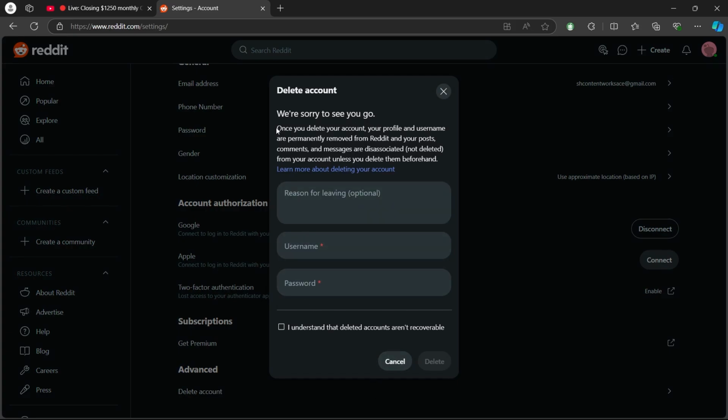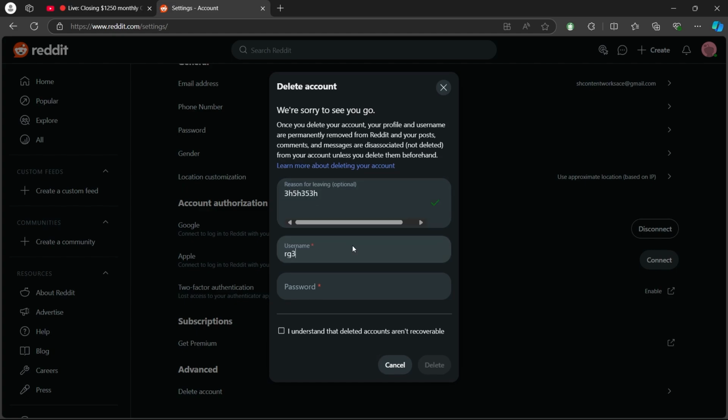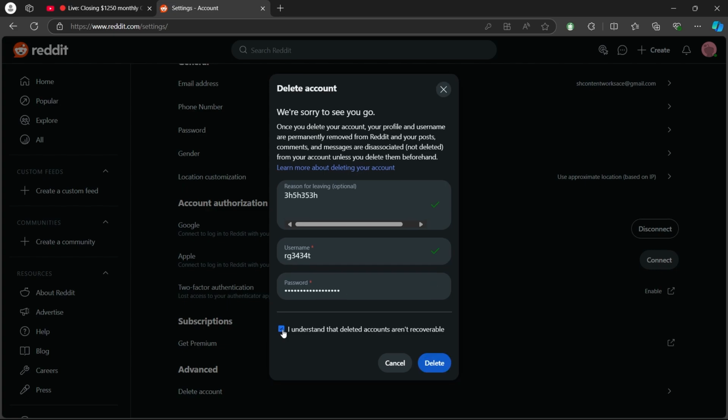Now, it will show a pop-up saying once you delete your account, your profile and username are permanently removed from Reddit and your posts, comments and messages are disassociated, not deleted from your account unless you delete them beforehand. So in this section, you'll have to enter a reason for leaving Reddit, and in this, you'll have to enter your username. Now, enter your password in the last and click on I understand that deleted accounts aren't recoverable and